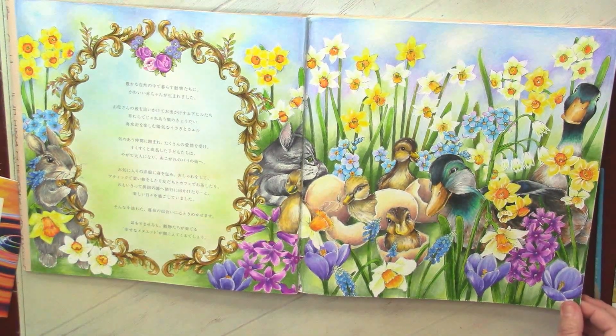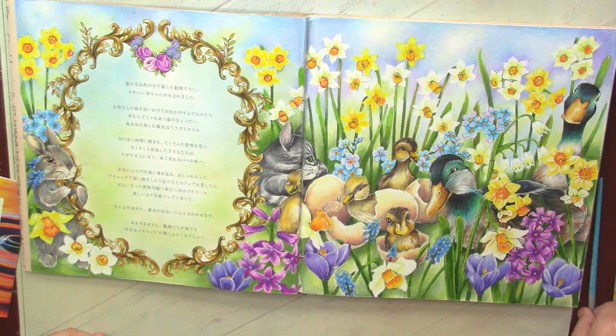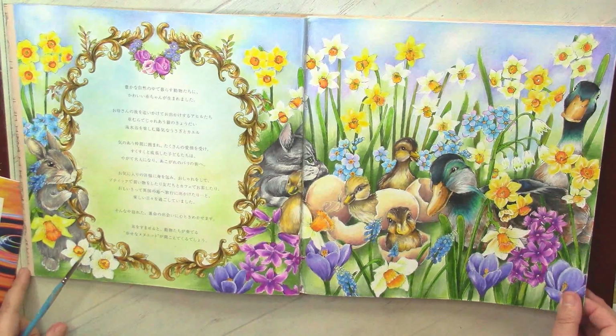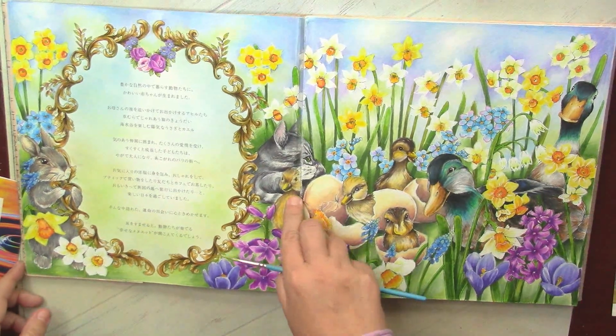I love daffodils. Sometimes they are not very easy to color, especially when you do a variety with white petals. Shading between petals could be complicated, but each time I try to test something new for such shading, sometimes a little bit more of blue, sometimes a little bit more of yellow, and this color combo of yellow, light green and blue, for me it's a perfect spring color combo. I love it,